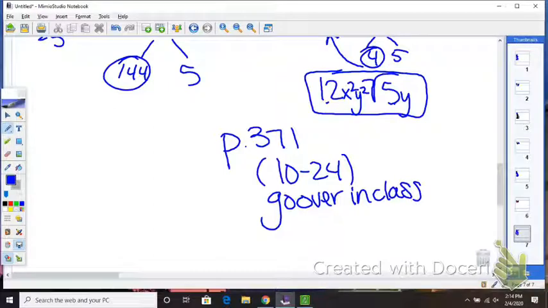Does it bother anybody else that my go over is always right next to each other? It looks like Goober. Yeah. I had another teacher come in